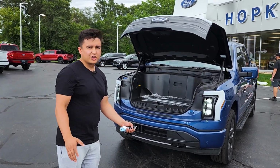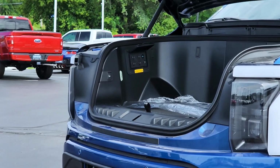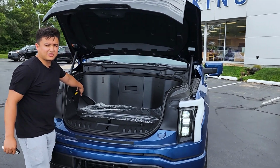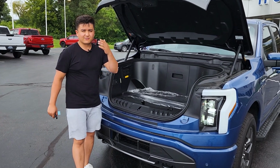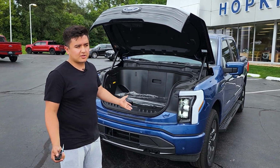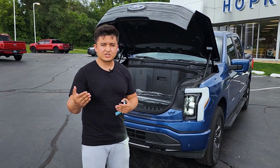That's the front of the car. If you guys want to put a suitcase, you would be able to hook some things here. So we have an outlet. We have 4 outlets, one USB-C port, and one USB 3 port. That's really great to charge your stuff. Let's say you're going out to film something, if you're a videographer just like me, a filmmaker, and you want to charge your cameras, you could charge most of your equipment here, like the gimbals, the cameras, and all that. So that's really good, but the only downside is that it will decrease your range in the car,